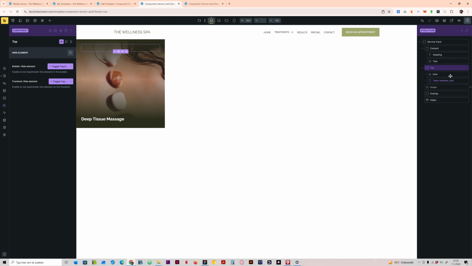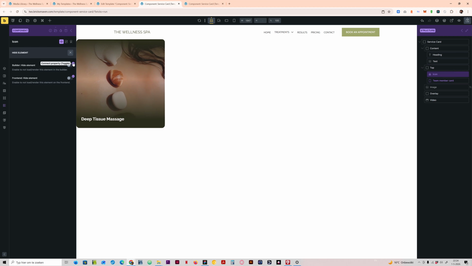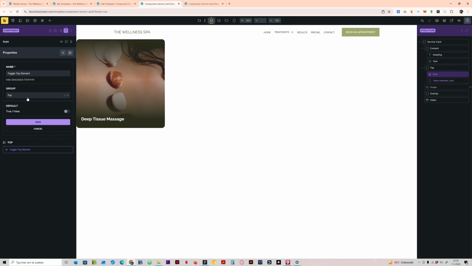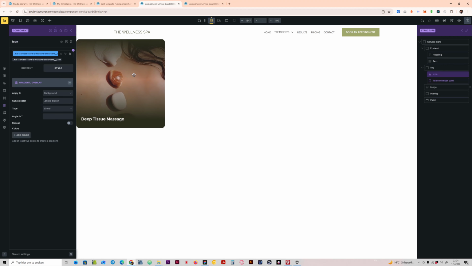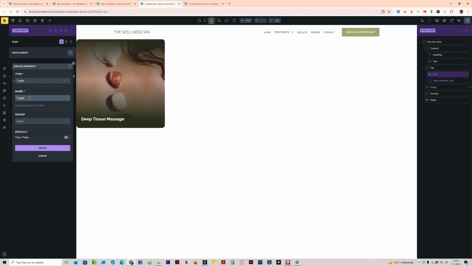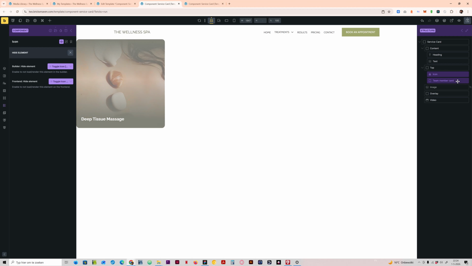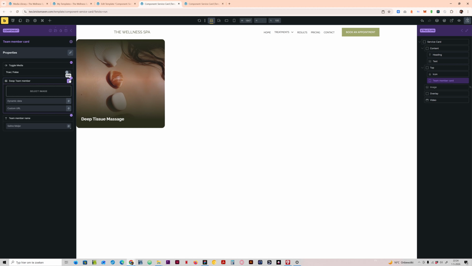Okay, so now that we've done that, let's go on to the icons. As for the icon, I also want you to have the ability to, wait, to turn it on and off. So what is going on? Toggle icon, also belongs to the top group. Create, connect, and connect. And for the team member card,